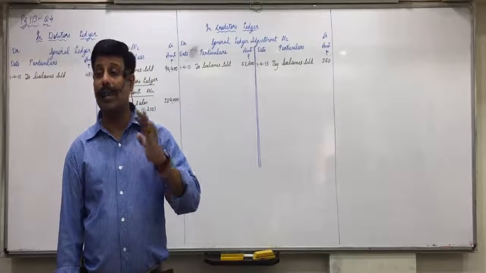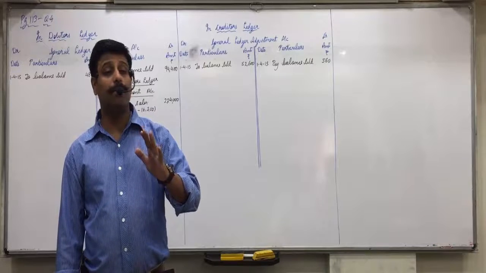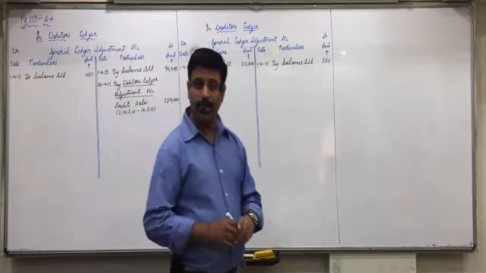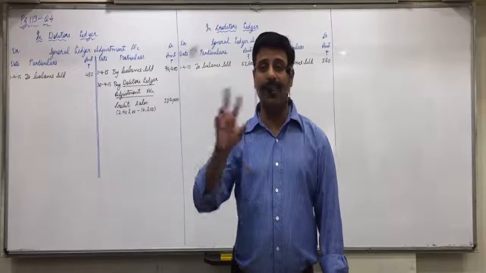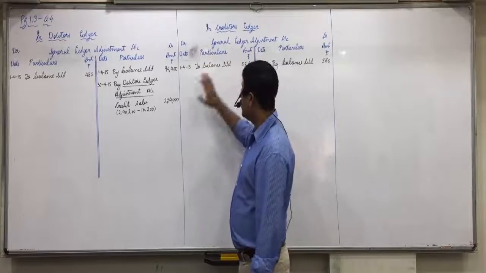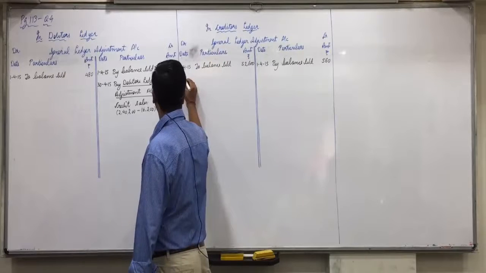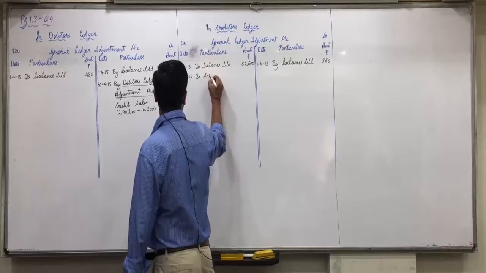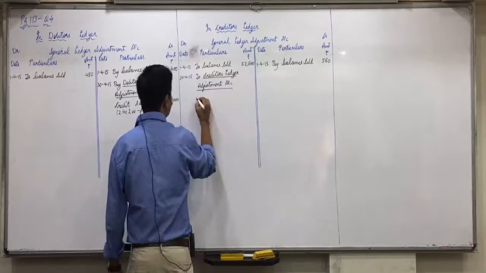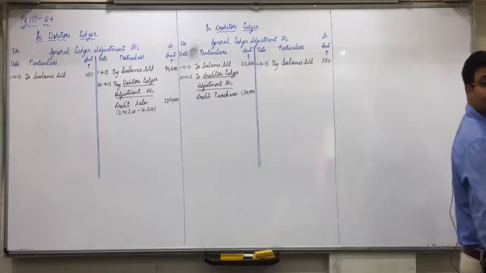What will be the journal entry for credit purchase? Purchase account debit to creditors. Now from which account's point of view will you see? From the purchase account's point of view, opposite. Don't see from the creditors' point of view. So purchase account debit to creditors. Purchase account debit means in this general ledger adjustment account we will write on the debit side. Okay, this is related to creditors. To creditors ledger adjustment account, credit purchases 1,34,000. Is everyone clear with this?